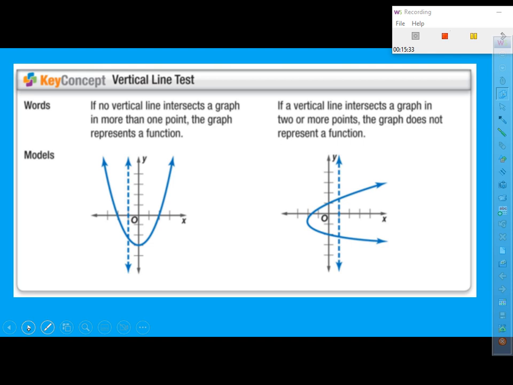Now, just a little thing that I want to show you too, called the vertical line test. If you look at a graph, if you can draw a vertical line and hit that in more than one